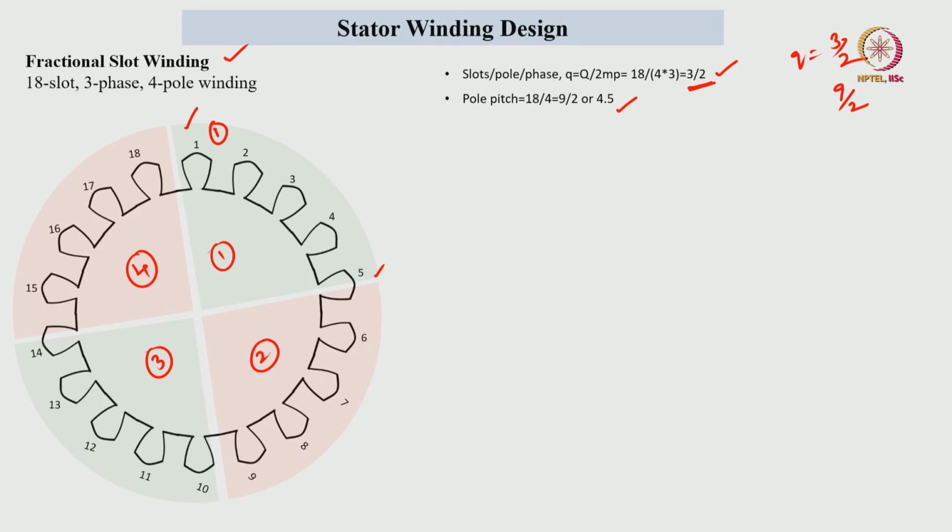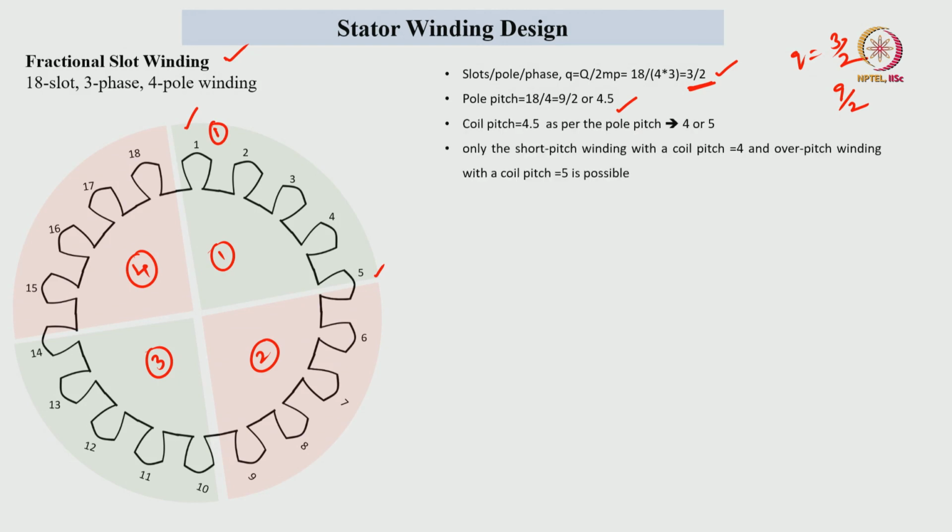In order to split or share the slot into two parts, we have to design a double layer winding, and the coil pitch is 4.5 with respect to the pole pitch. If we want to design a full pitch winding, the coil pitch should also be 4.5, which is not possible. We can select either 4 or 5. If we select a coil pitch of 4 slots, then it will be a short pitch winding, and if we select a coil pitch of 5, then that type of winding is called an over pitch winding. So, for this example I have considered a coil pitch of 4 slots,